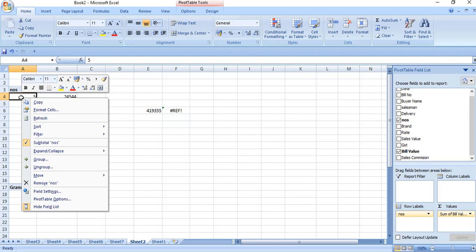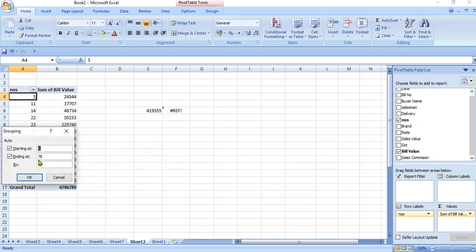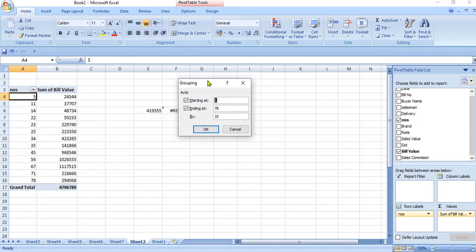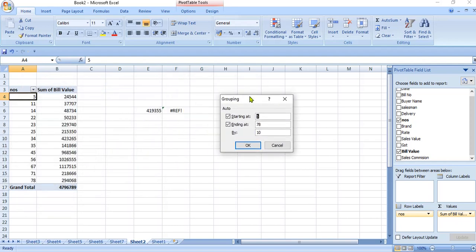Right click over this data field and select the group option. Our starting value is 5 and ending value is 78. So in this window, by default it has selected starting at 5 and ending at 78.